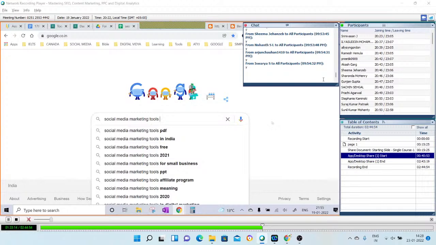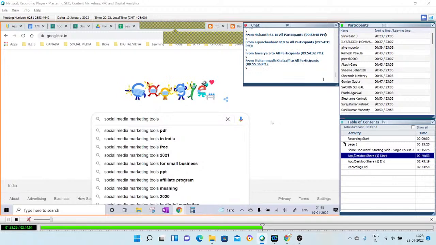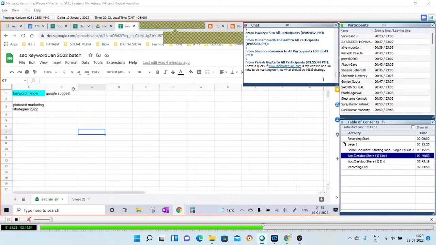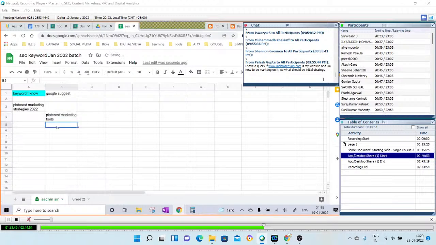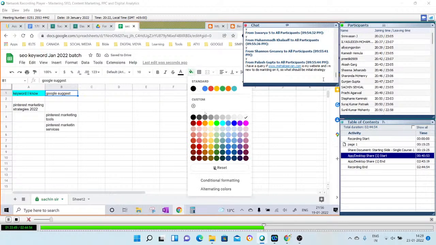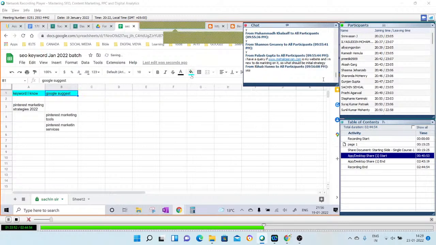Are you with me? What I've just done is the very first tool from where you have to find the 10 results, and then you just need to put them here. So I go to Google Suggest, and I got the very first example. Maybe, for example, I'm just writing anything now: Pinterest marketing tools. And the second suggestion I got, maybe Pinterest marketing services. Anything, I'm just not looking at the data, I'm keeping it simple. You have to see the data, of course. So this is the first space I've got the result from.